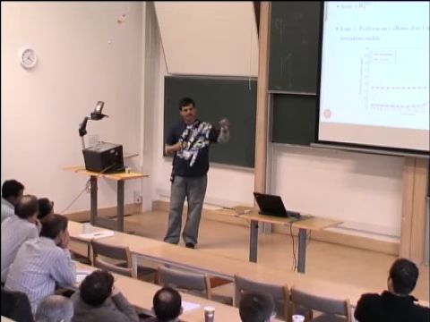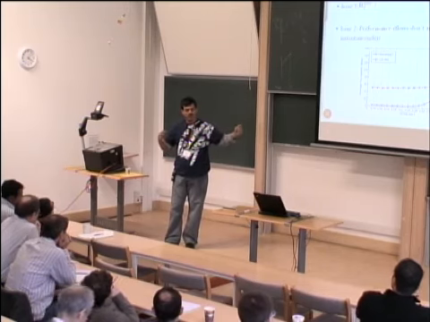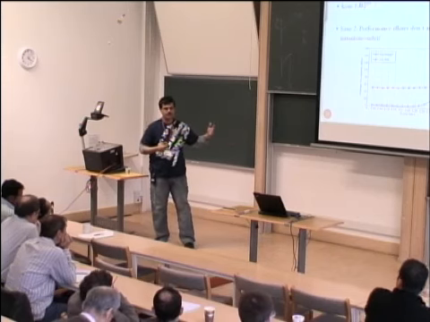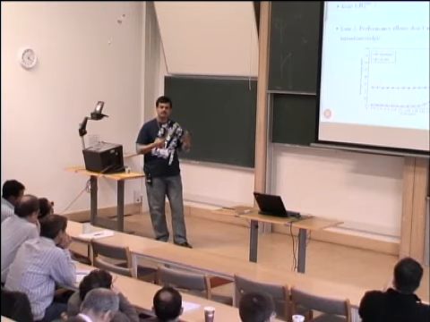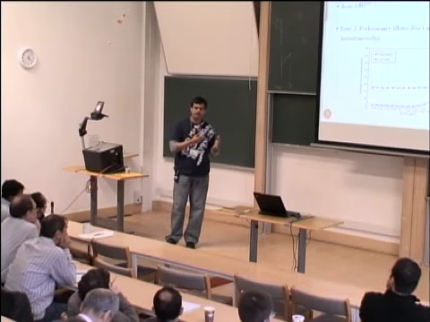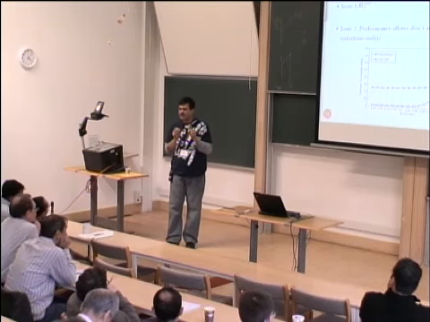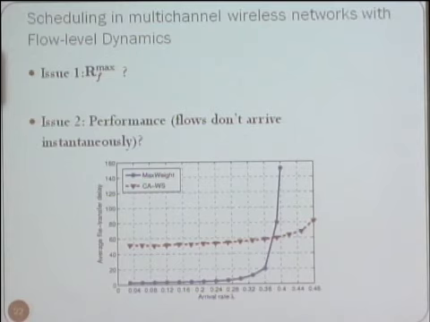Actually, packets arrive one at a time. If these flows are sufficiently long, then one could argue that roughly in the time scale of interest, the max weight algorithm is actually a good algorithm. On the other hand, if you look at the data that Qualcomm and Motorola have, most of the packets are actually very small, so it seems like at light loads the max weight algorithm is good, whereas at heavy loads this workload based algorithm is good.